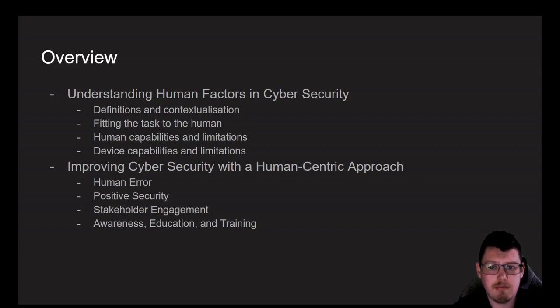the topic. Then we'll look at fitting the task to humans, and then we'll take a look at the limitations and capabilities of humans, and some of the capabilities and limitations of the devices that we use in order to provide security mechanisms. After that, we're looking at how we can actually work on improving cybersecurity by taking a human-centric approach. One of the leading causes of cybersecurity issues is usually described as human error. But then we'll take a look at positive security, which is a different approach to looking at cybersecurity issues